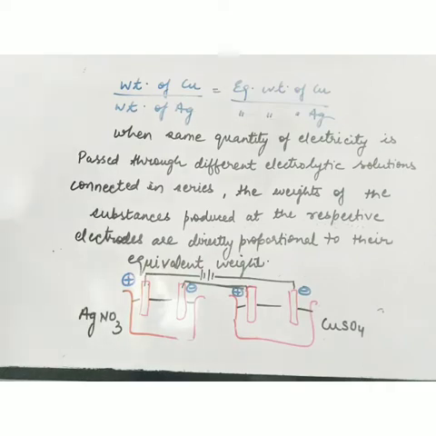With the help of these laws we can predict what quantity of the substance will be deposited at the respective electrode. But nowadays, in the first formula I require the electrochemical equivalent Z for calculating W, and if I use the second law I require the equivalent weight of any element. Nowadays the concept of equivalent weight is not used. Instead of equivalent weight we use molecular weight. So how do we find out the amount of substance deposited? Because if I use the first formula I require Z, and if I use the second formula I require equivalent weight, which is not used nowadays.